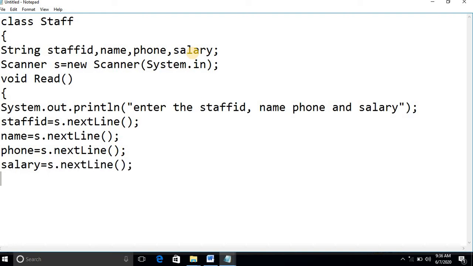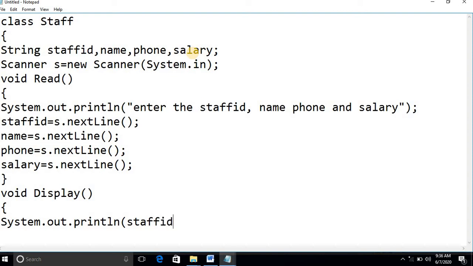That's all for the read method. Now we need to display it. So to display it, I'll write void display. Just write System.out.println. First you have to display the staff ID. So I'll display staffID plus, after staff ID, I should give some space for the name.